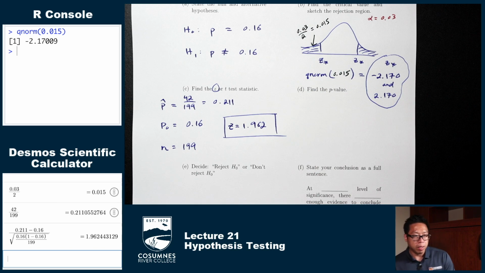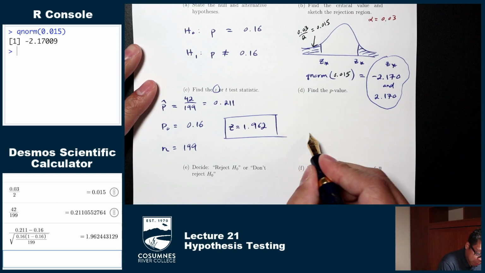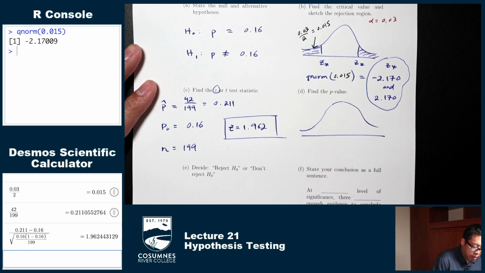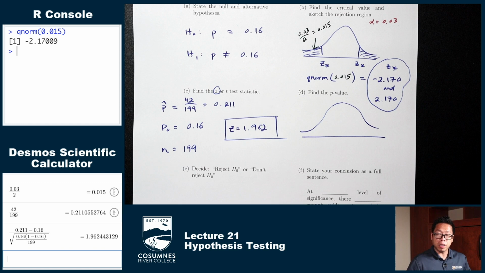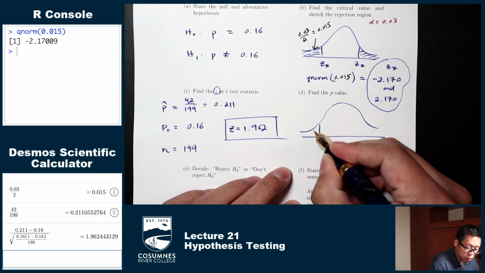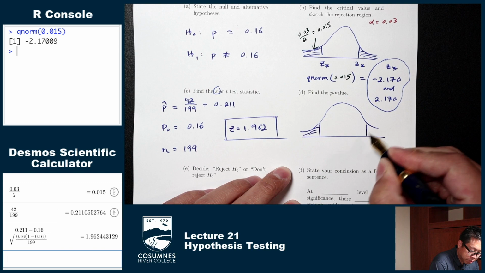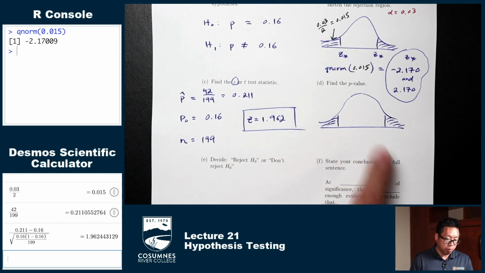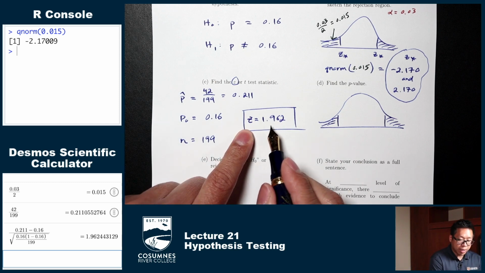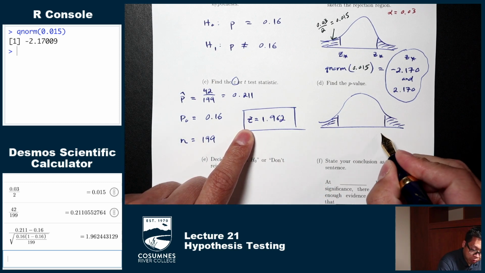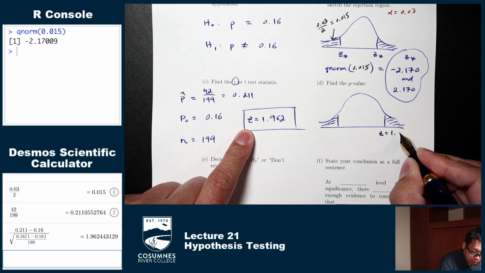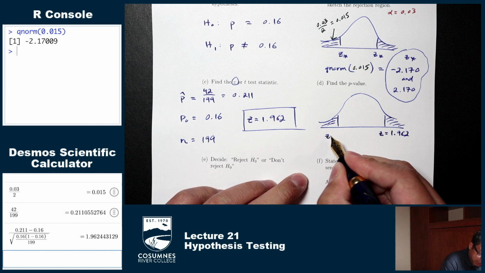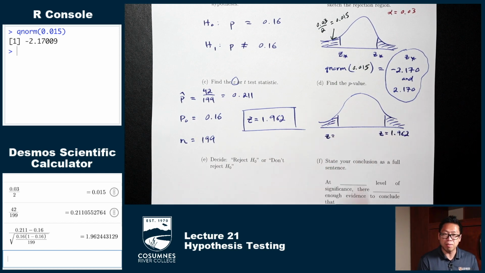Part D, find a p-value. So you're going to draw the same picture. Not equals, this is going to be left and right, shade left and right. The term is two tails. Okay, put the test statistic that you found in part C on the picture. So this is 1.962, that's positive. That refers to the one on the right. Okay, there should also be a left one, which as you can probably guess, is going to be negative 1.962.